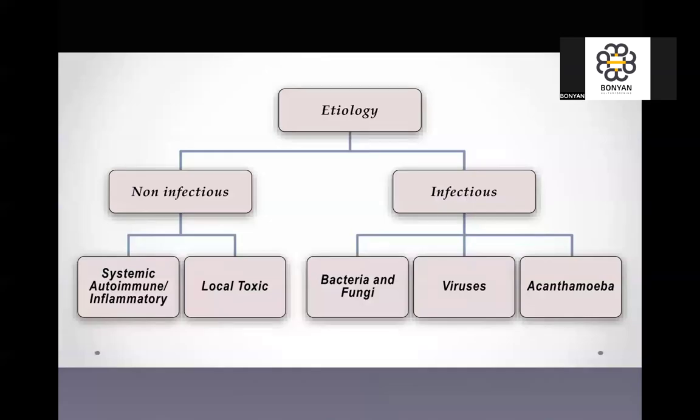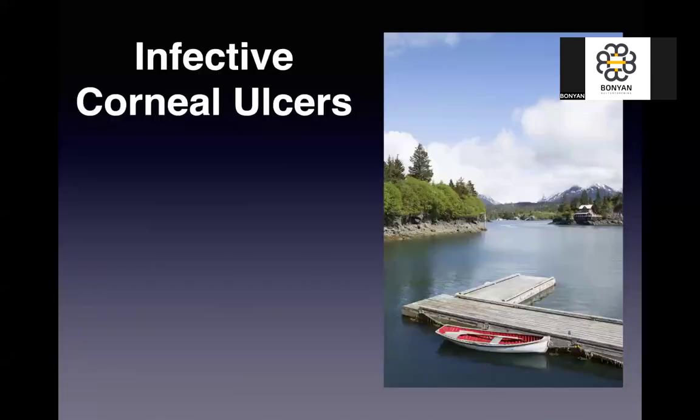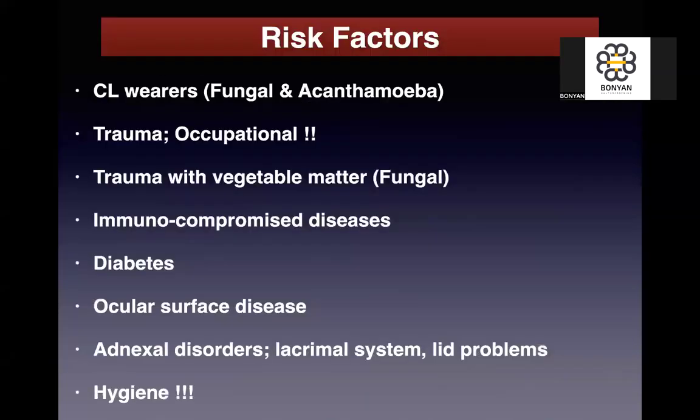So, the etiology of the corneal ulcer could be non-infectious or infectious. I told you just now about the infectious. But the non-infectious could be related to systemic autoimmune or inflammatory disease, or due to a local toxic factor. Infective corneal ulcer means corneal ulcer due to an infective agent, a microbiological agent. So the risk factors